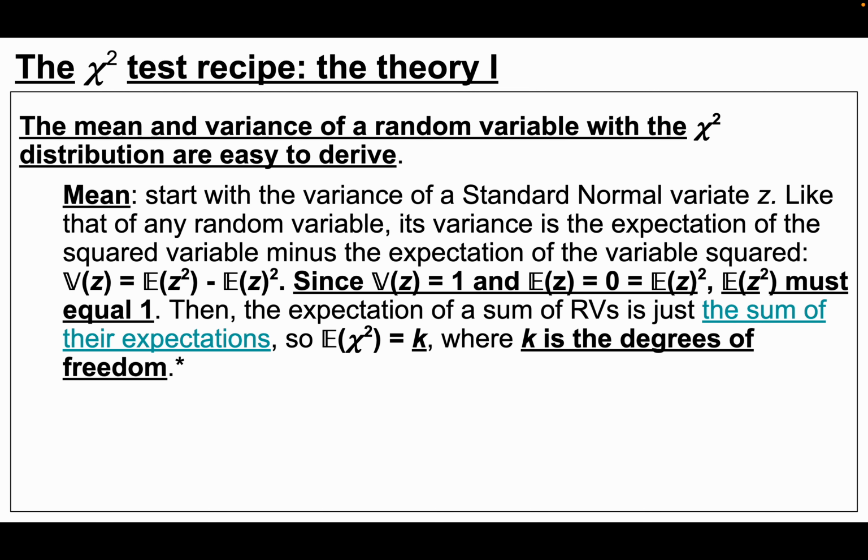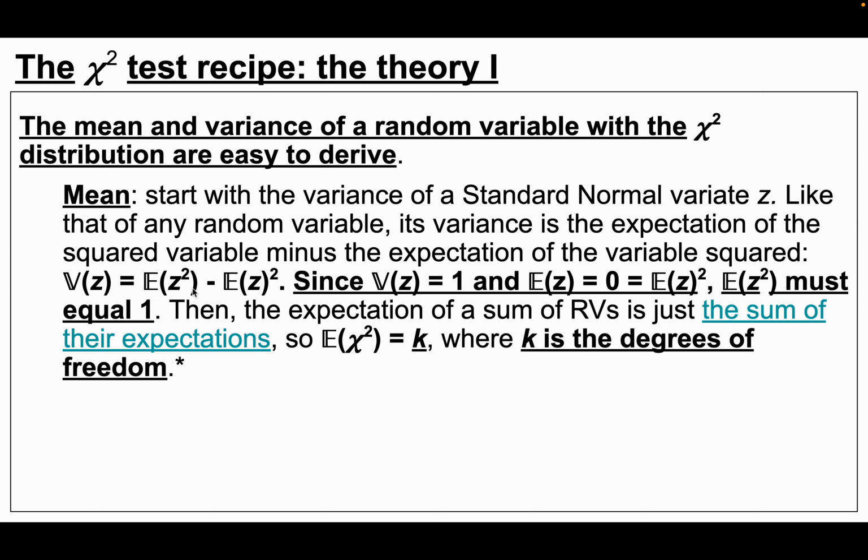So the mean, let's start with the fact that the variance of a standard normal variate z we know to be 1. It's also true that the variance is the expectation of the squared variable minus the expectation of the variable, squared. We know that the variance of z is 1, so 1 is equal to this minus this. But then we know that the expectation of the standard normal is 0, and squaring it doesn't do anything. So we learned that the expectation of a squared random variable z, where z is just the standard normal, is equal to 1. So the expected value, or in other words, the mean of this distribution, would be 1 added